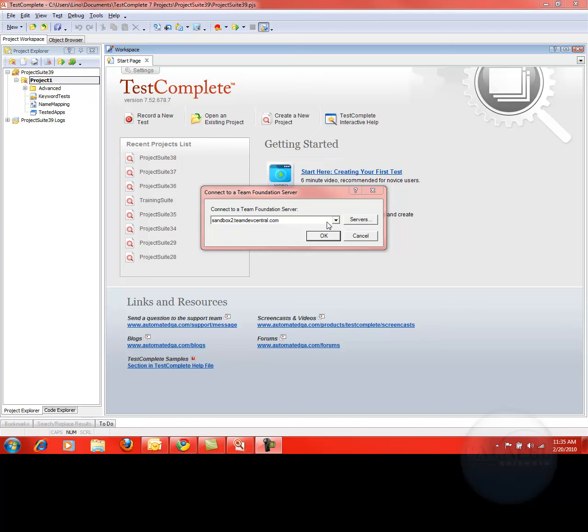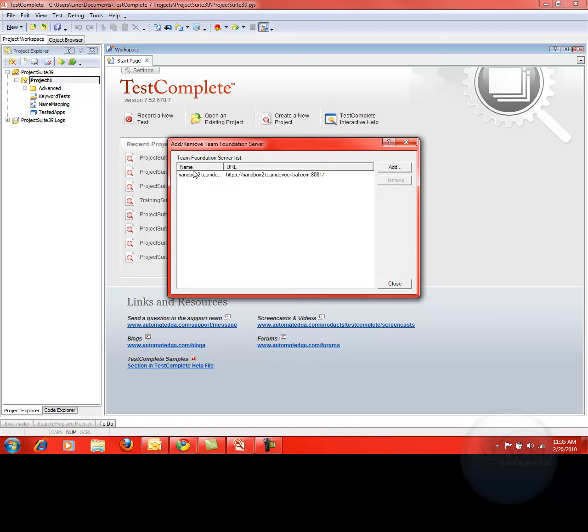One of the things that you can do, of course, is click on servers in here, and you'll be able to add whatever TFS server you want to hook up to. If you're a consultant like me, that means you're not only using one TFS, you're probably using several for different customers that you have. So you can have an entire list of different TFS servers that you're hooking up to. So for instance, here I have my own